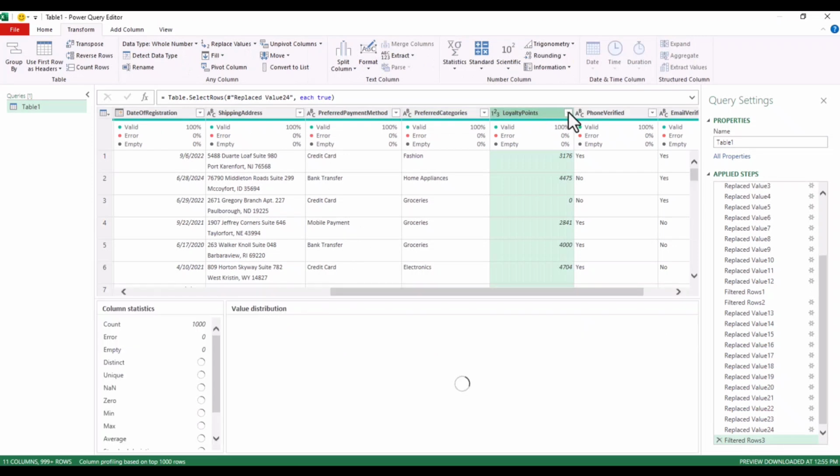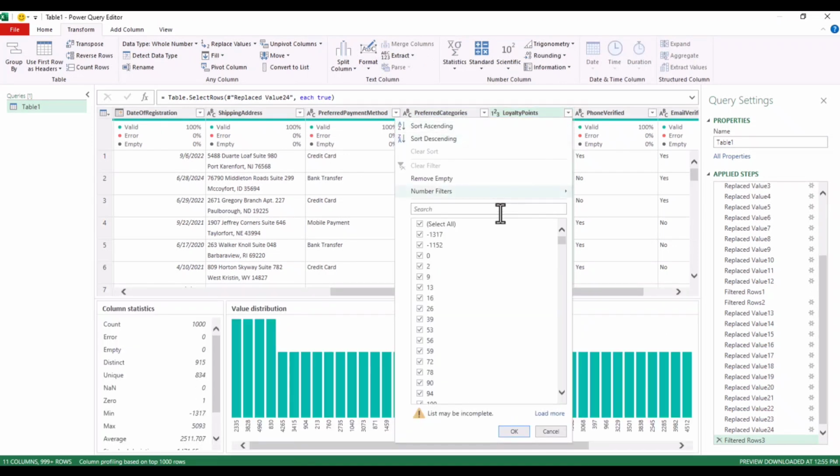Then loyalty points. Let's see. The loyalty points also have some incorrect entry, like this negative sign in here. A customer can never have a negative loyalty point. The least that a customer's loyalty point can be is 0. That is empty, as in he or she doesn't have any loyalty points. But having a negative loyalty point means there is a mistake in the entry. And also for the analysis,